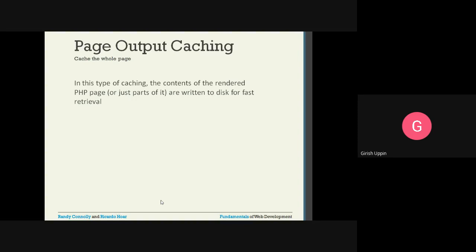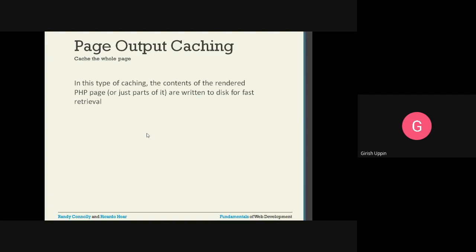Page output caching. In this type of caching, the content of the rendered PHP page, or just part of it, is written to disk for fast retrieval. It may be a partial page or the full page, depending upon the kind of application.